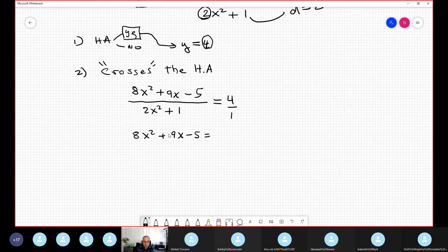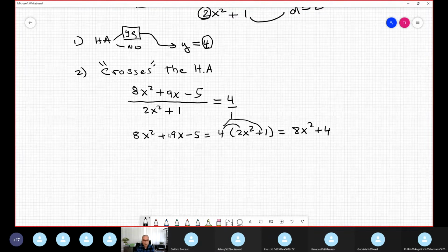And multiplication: 4 times 2x squared plus 1. You apply this derivative property here, so we have ax squared plus 4. My equation so far is ax squared plus 9x minus 5 equal ax squared. This is repeated, we can cancel out. Then so far we have 9x minus 5